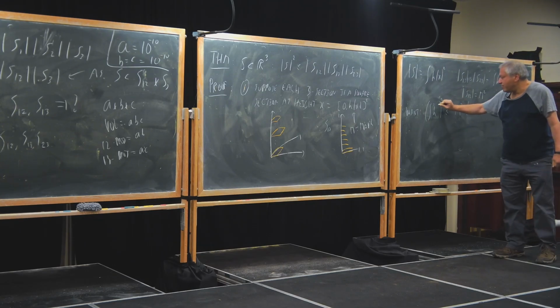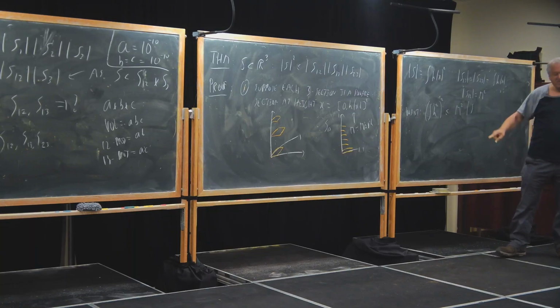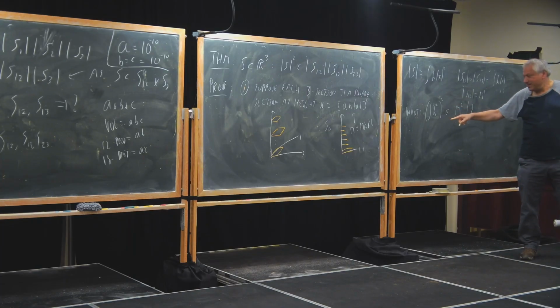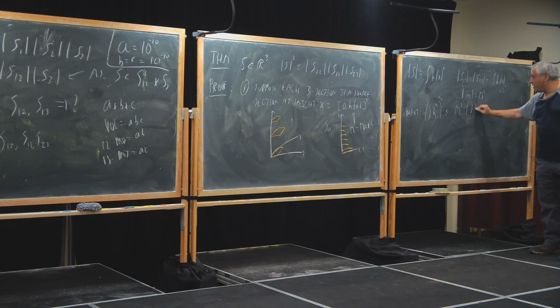What have I? Yeah, sorry, there's a squared missing. Integral of h squared, that's better. That's the volume squared, is at most m squared times integral of h squared. Let's square root to make it look nicer, i.e.,